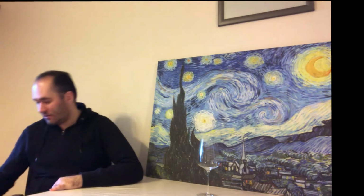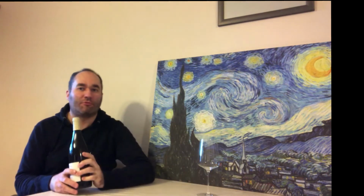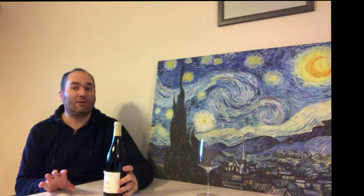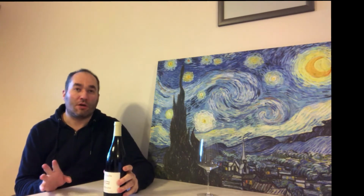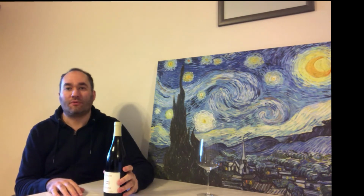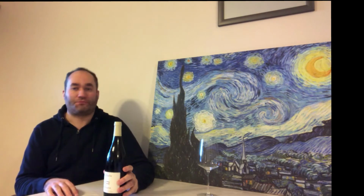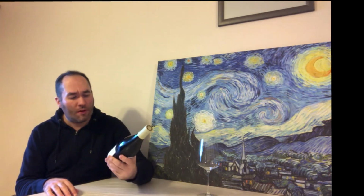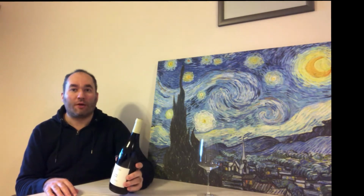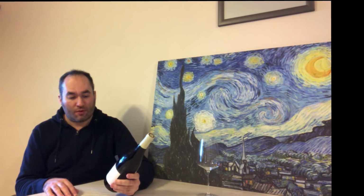Today I'm going to try another Loire red, a nice light Gamay from the Loire Valley. This one comes from the eastern part of the Loire Valley in France, from the area of Touraine. It's near the town of Tours, quite an extensive region there. And it comes from two brothers who decided to start making wine organically some decades ago, and have kind of